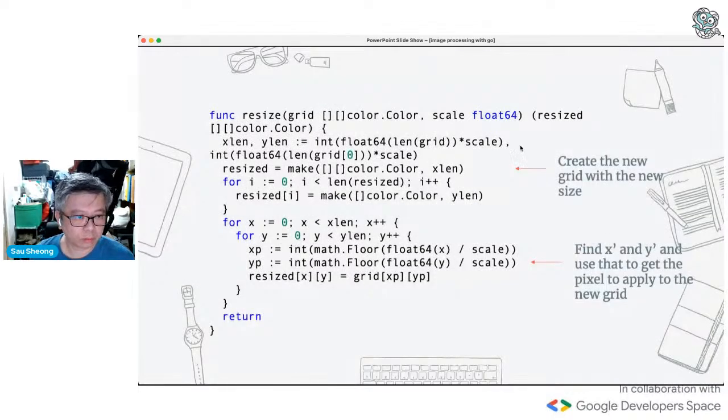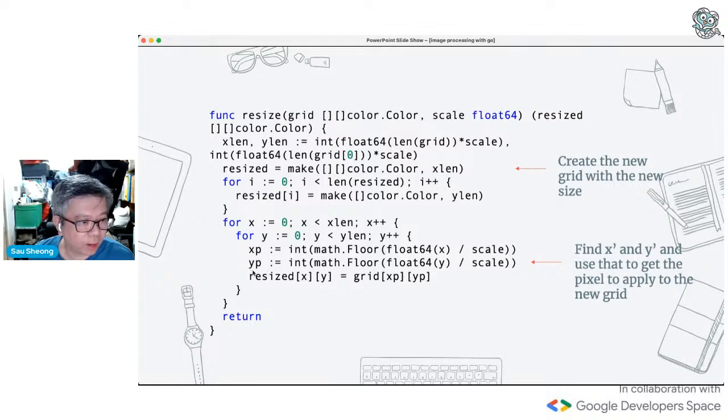Let's take a look at the code. So here again, the first part here is to create a new grid with the new size. So let's say you want to double the image, then basically the scale becomes 2.0, and then you create a new image here. This is a new grid. Resize is the new grid. Then you loop, and then you find X divided by the scale, Y by the scale, and you find the floor.